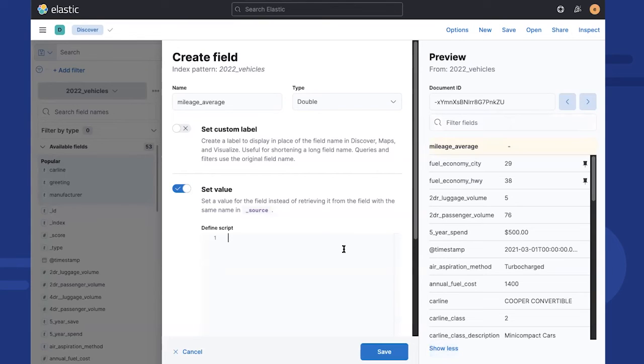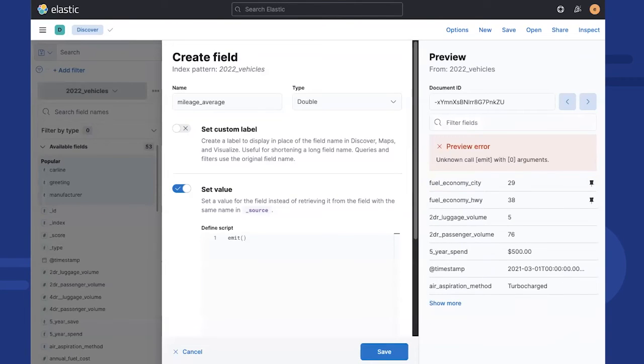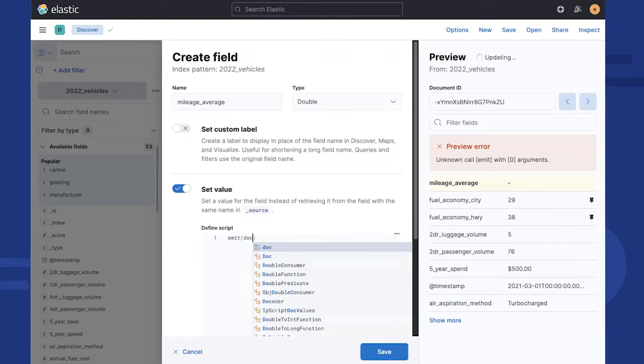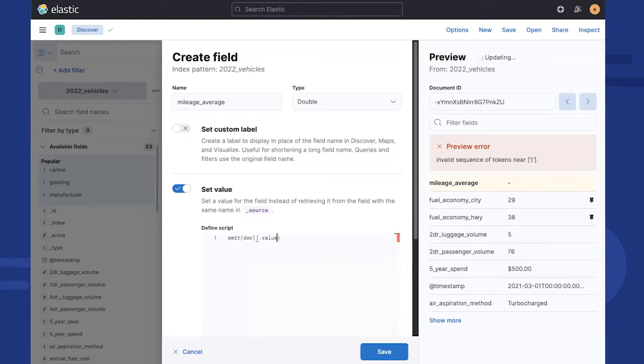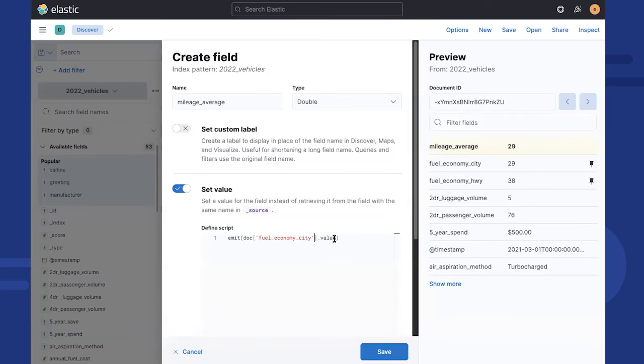But that's not really what we're after here. Let's show the actual writing of the script, and you can kind of see where this comes into play. So again, ABE, always be emitting. We need to get these values in our script. Today we're using doc syntax, but this is something we're definitely going to make simpler soon. Doc syntax is as follows: doc, brackets, dot value, and then you need the name of your field in single quotes between. And I'll use the auto completion here to get city. And then let's add it to doc